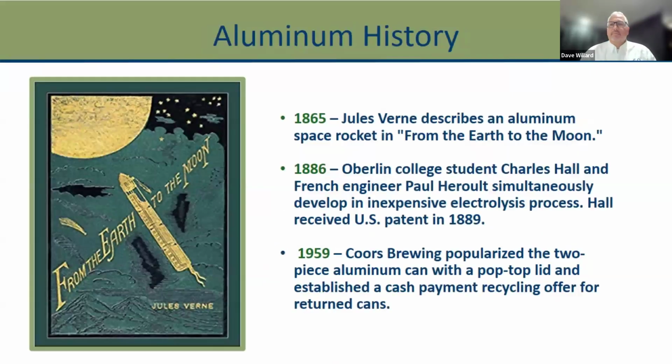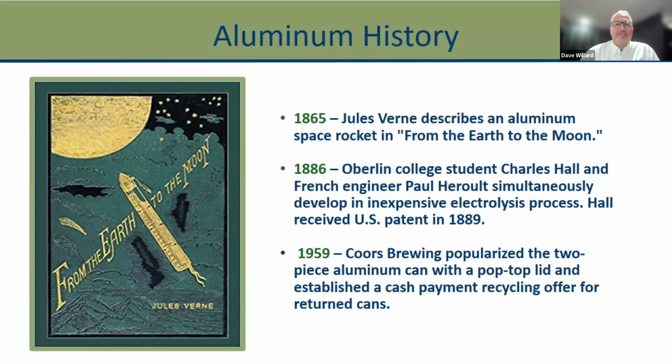The history of aluminum got its start back in the 1800s. Jules Verne actually described an aluminum rocket ship in his book From Earth to the Moon. In 1886, Oberlin College student Charles Hall and a French engineer simultaneously developed an inexpensive electrolysis process for aluminum, which was patented in 1889. And then, of course, in 1959, Coors Brewing Company popularized the two-piece aluminum cans with the